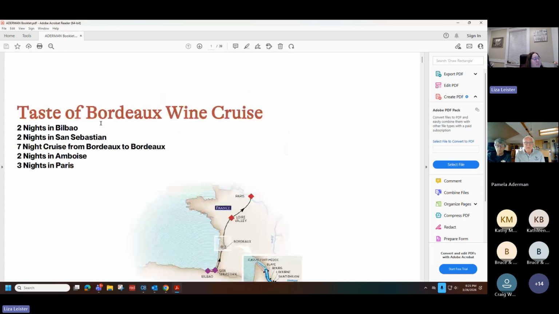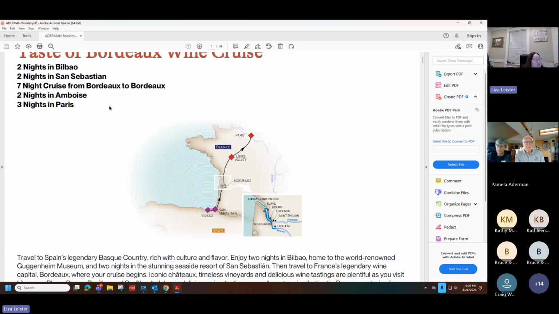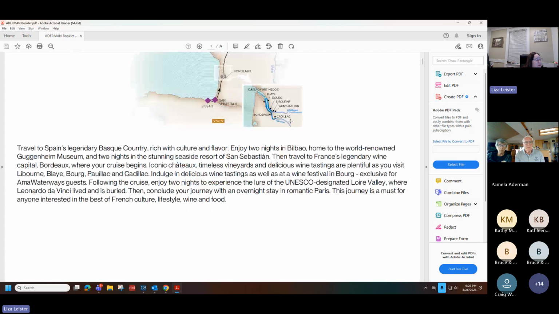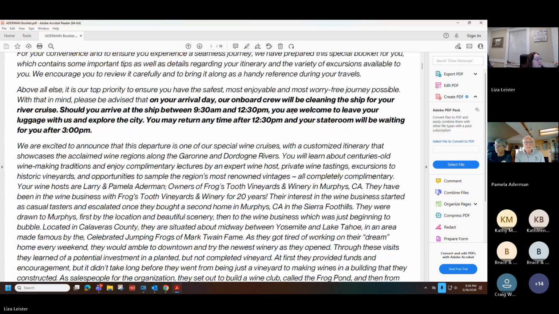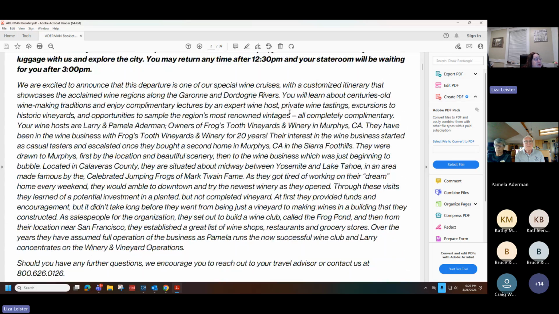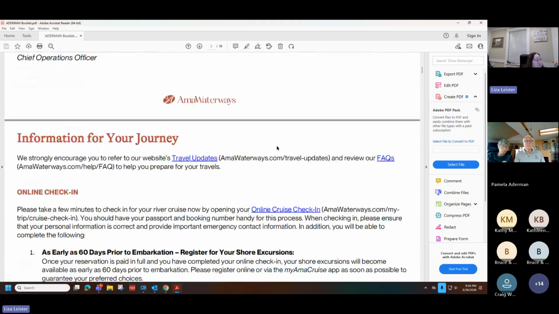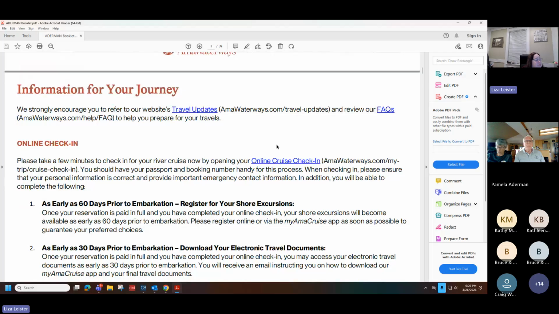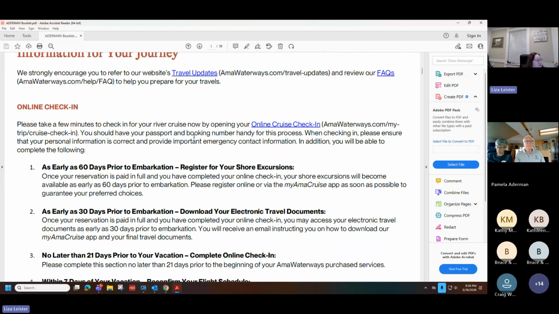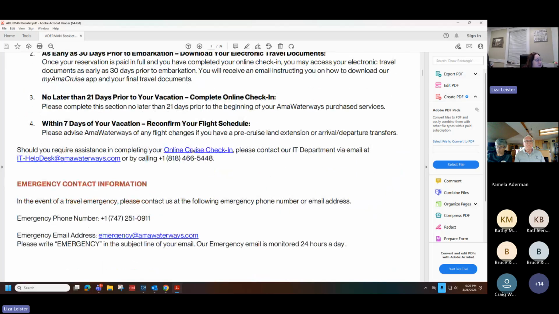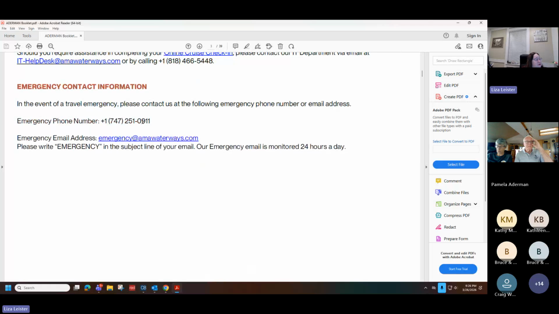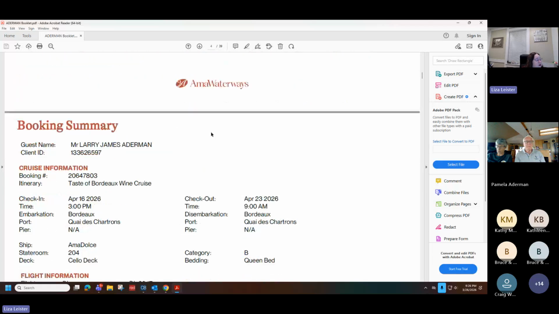Next, we're going to look at that AMA booklet. This is the AMA cruise document. So when you pull up that booklet, this is what you're going to see. I'm just going to real quick scroll down. A lot of this information was put in the access that we just went through, so you can kind of read through and look through it at your leisure. A lot of this is just general information. And again, there's the emergency contact information for AMA.